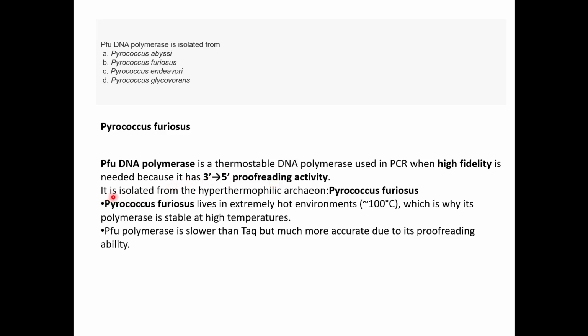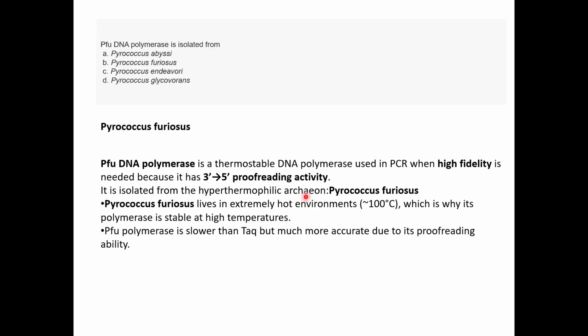When you're synthesizing a new sequence for transfection or any kind of knockdown or overexpression studies, you need to use a DNA pol which can proofread, because you don't want to incorporate mutations in your newly synthesized strand. If your aim is only to amplify the product and check the expression, then you can easily use Taq pol, because you will not further process your amplicon. But when you have to use your amplicon for downstream experiments, you need to make sure there are no mutations incorporated. So PFU